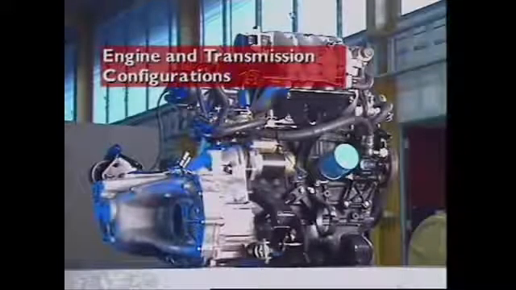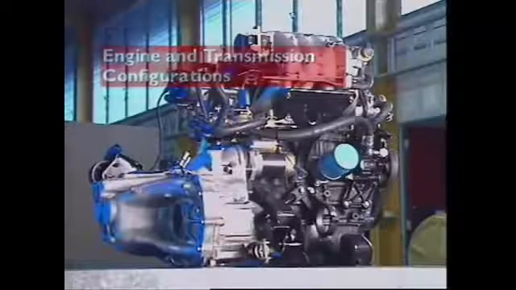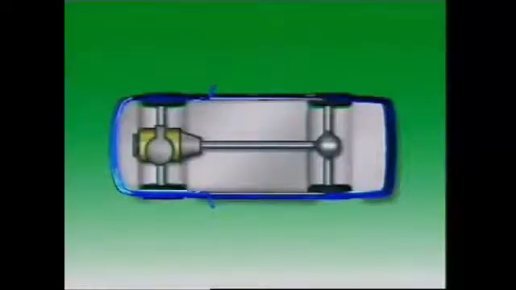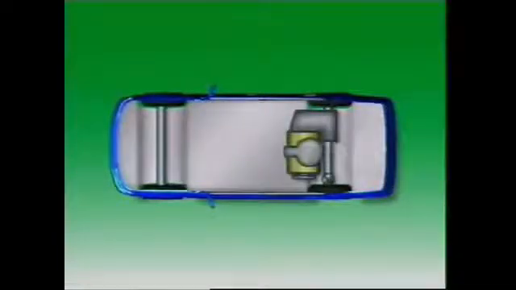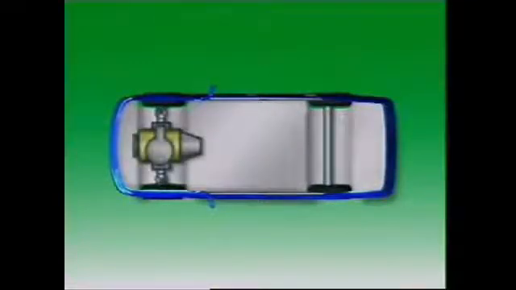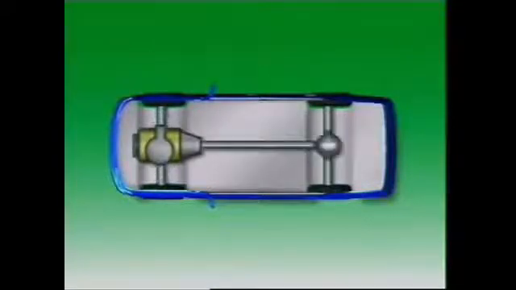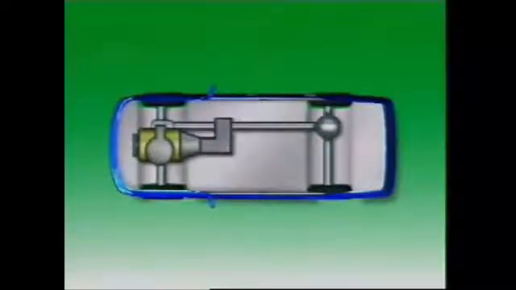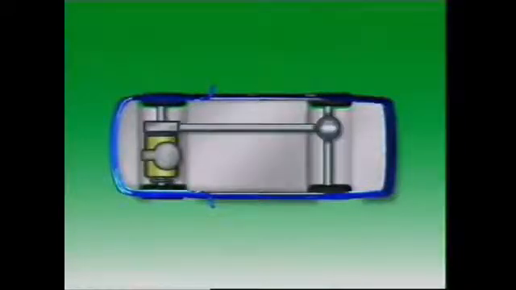This section examines engine and transmission configurations. An engine can be located at the front, middle, or rear of a vehicle. An engine located at the front can be mounted longitudinally and can drive either the front or the rear wheels. In four-wheel drive applications, it can drive both the front and rear wheels. Alternatively, the engine can be transverse and drive either the front wheels only, or in four-wheel drive applications, the front